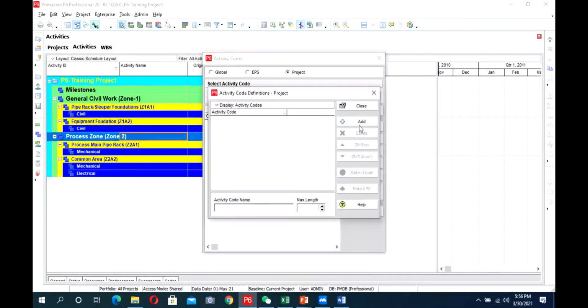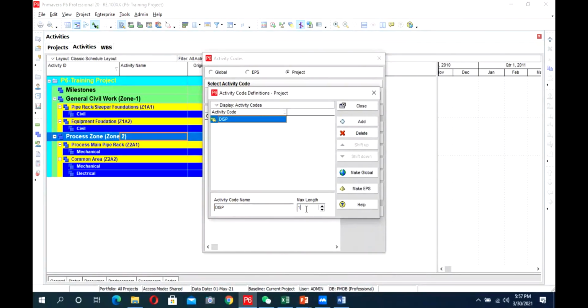We will click on modify, and the first one is our discipline. I am keeping its maximum length as 1 as per the exercise, but again I am telling you this is not standard. In some companies they can keep the discipline length up to 4. They want to write electrical as ELEC. In this exercise we will write electrical as E only, so I am keeping its length as 1 only.